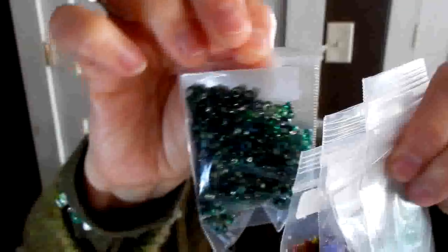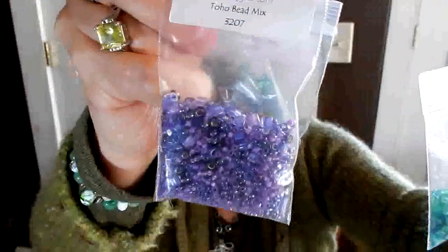So, in that bag I also, sometime I'm going to show you all my beads too. It'll be an embarrassment, but I'll show you my beads. And so here, these are from Joggles because she was selling beads too. She may still sell beads. But so, I bought these to go with my